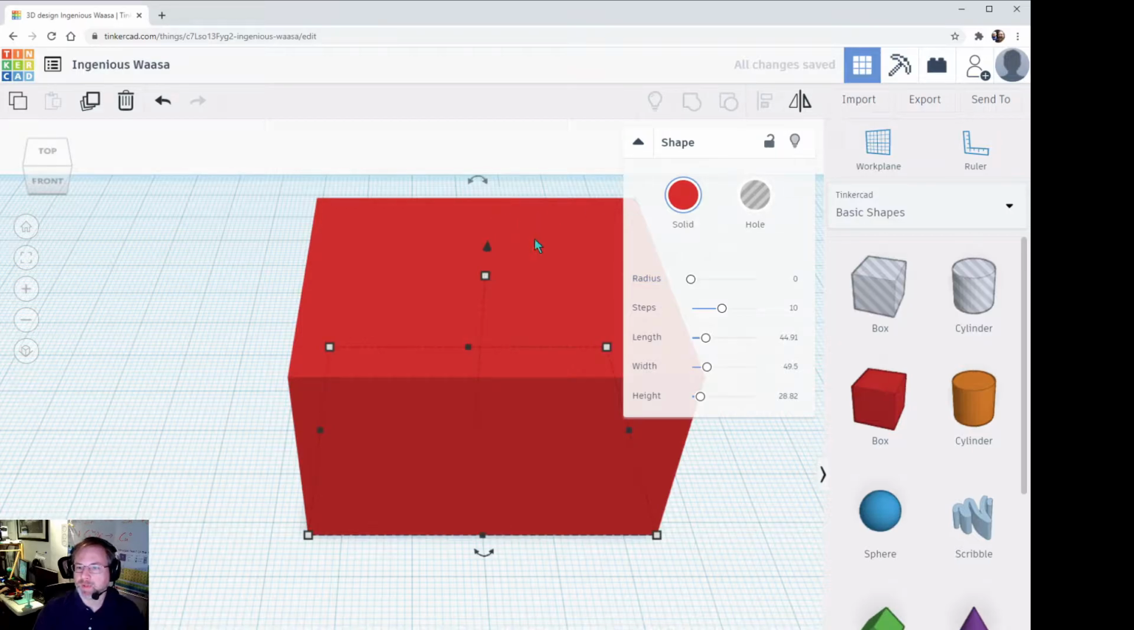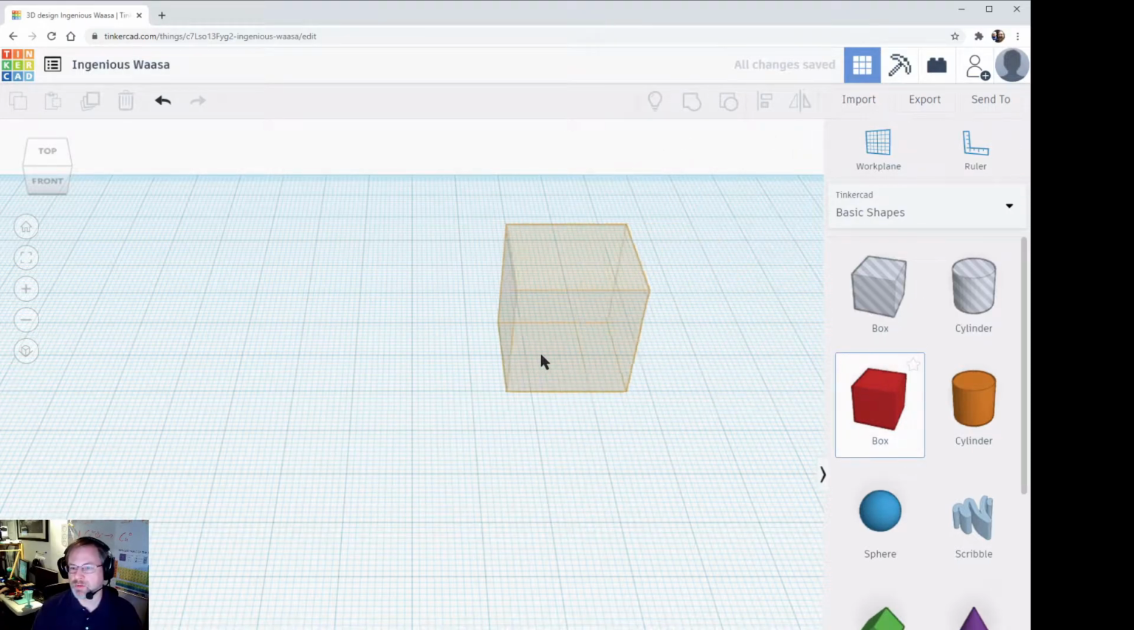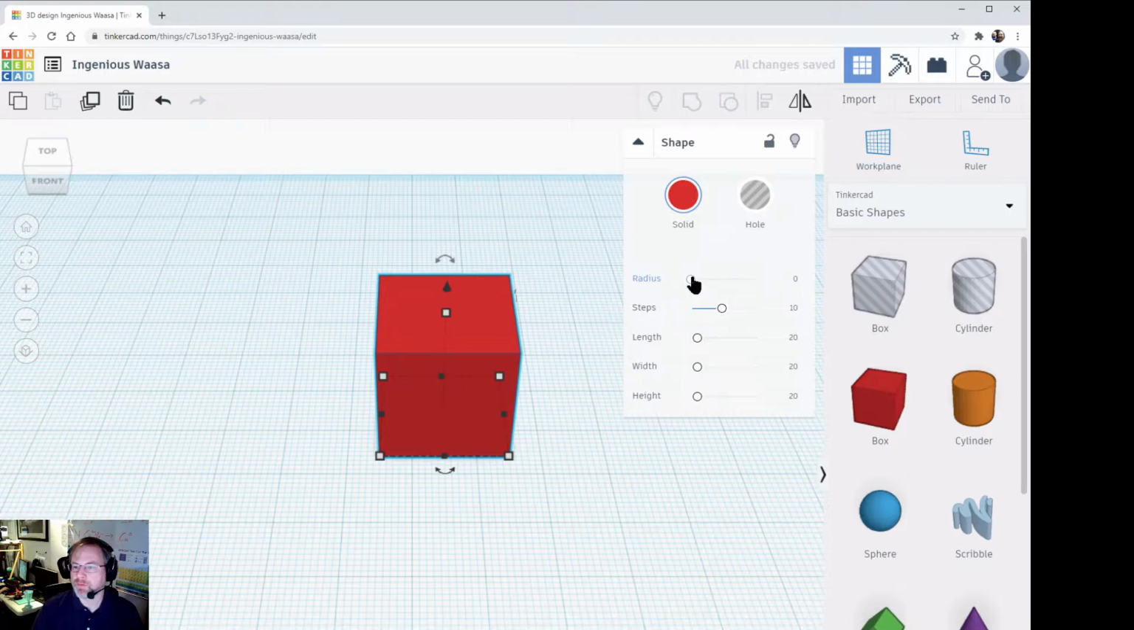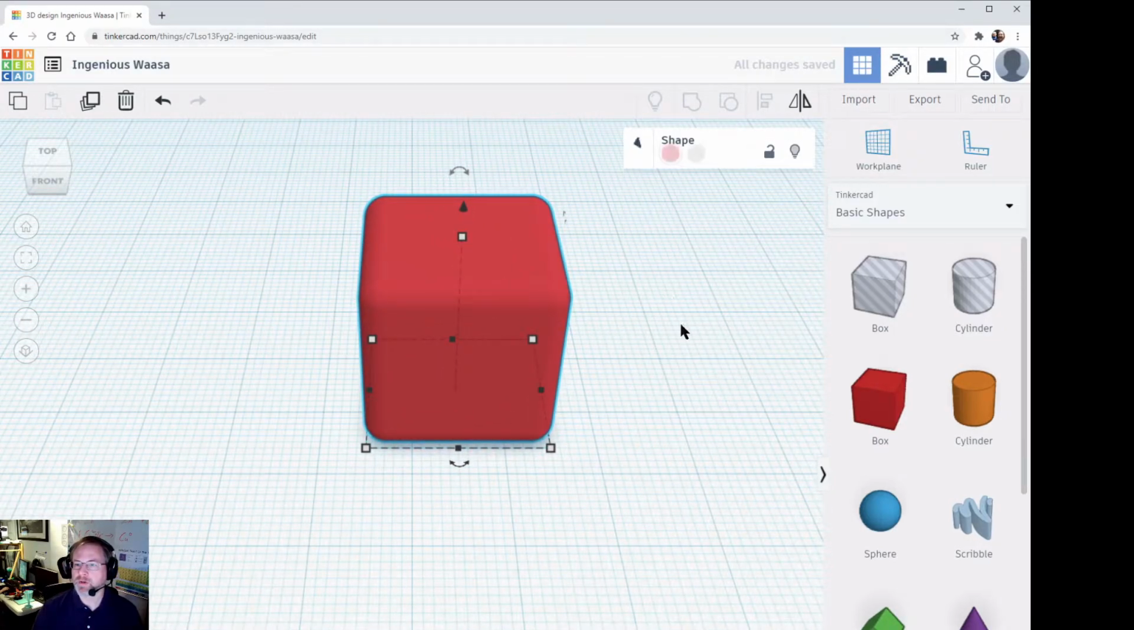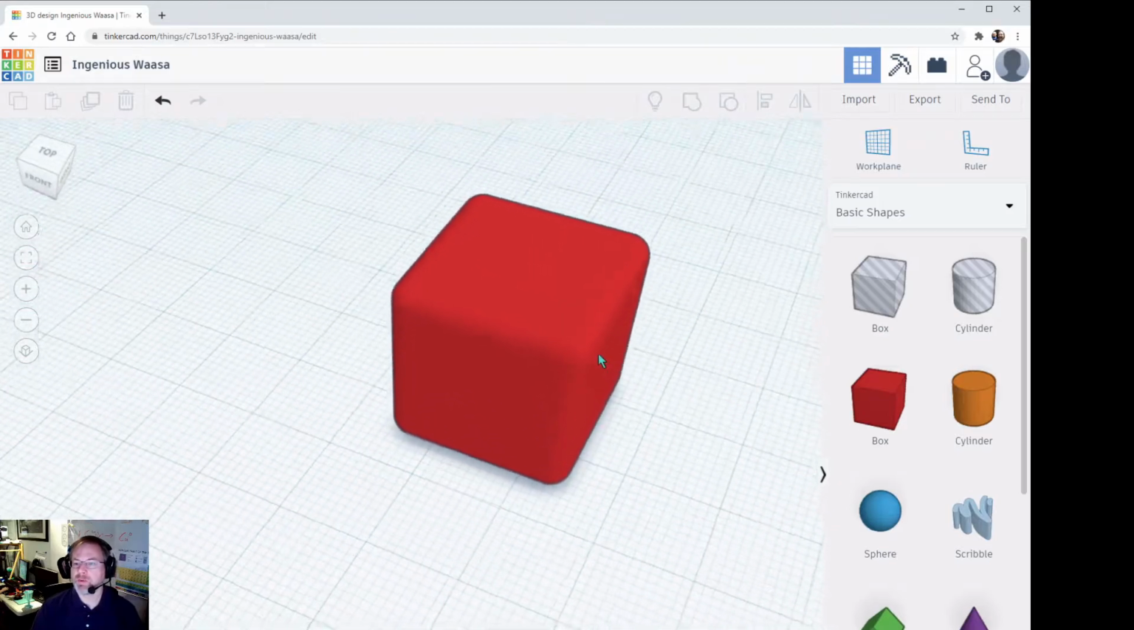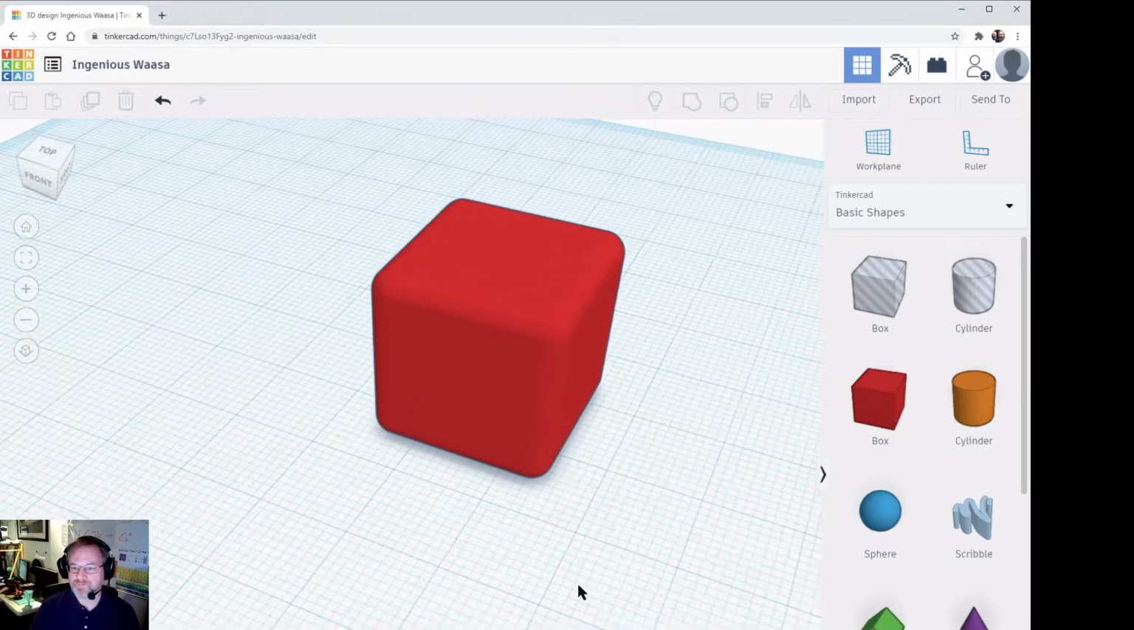Okay, so I'm going to go ahead and trash this so I make sure we get a cube. There's our cube. I'm going to set the radius to about 2. Yeah, so we get nice rounded corners. All right, so here's our box. Now what we're going to be doing is we're going to be putting things on the face